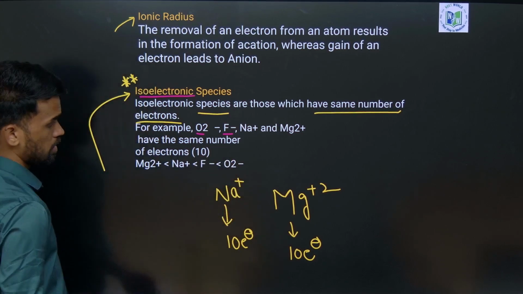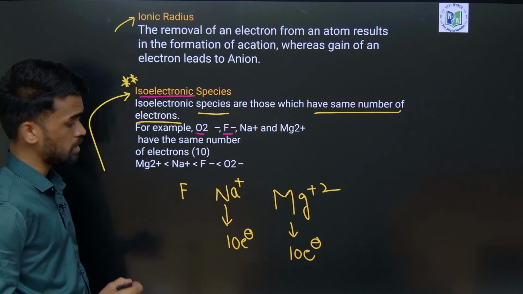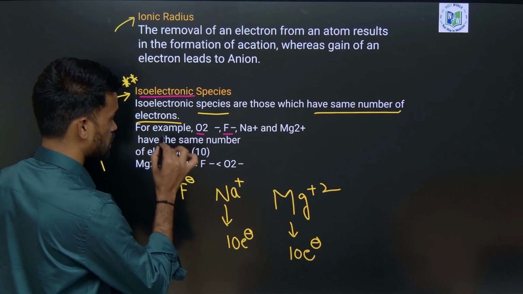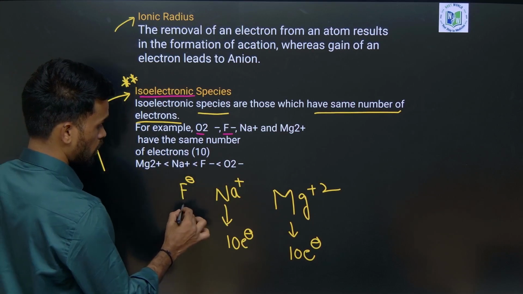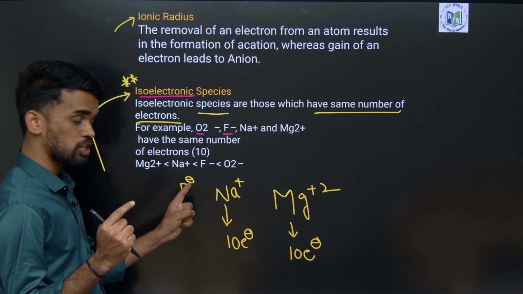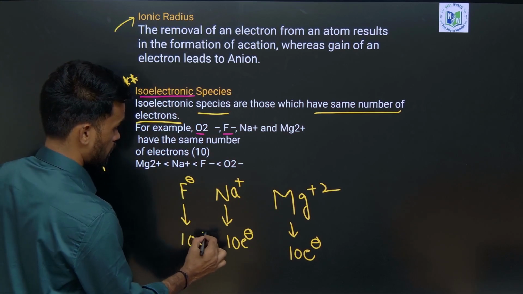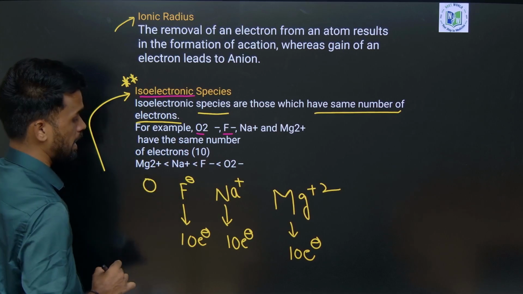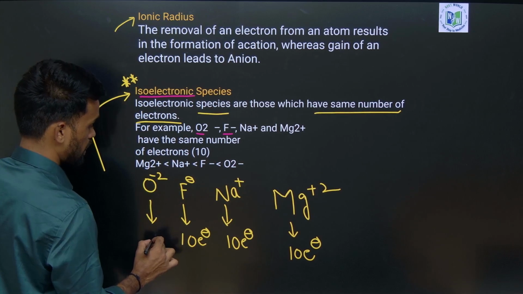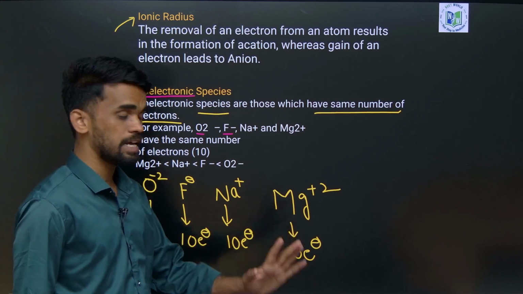Now before this, let us say we have fluorine. What is the atomic number for fluorine? It is 9. So to this fluorine, instead of removing, I am adding 1 electron, it becomes F minus. Since we have added an electron, it becomes an anion, now it will be 10 electrons. Similarly, the oxygen atom has 8 electrons, by adding 2 it will become 10 electrons. Therefore we can write O minus 2. So all the species have 10 electrons, right?